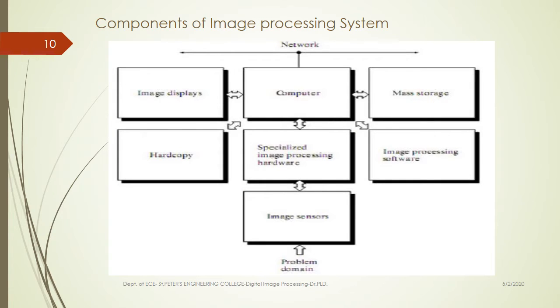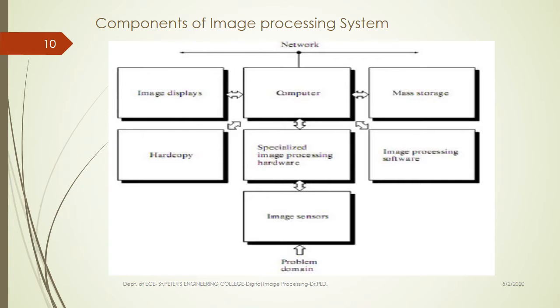Coming to the next topic, components of an image processing system. Mainly this consists of 7 main blocks as components of an image processing system. First we'll consider the problem domain. That means where and how we are capturing the input image. Based on the application, or the problem domain, we are going to capture the input images. That's the first step for starting image processing in depth. That's the reason the problem domain is given here as an input to this image processing system.